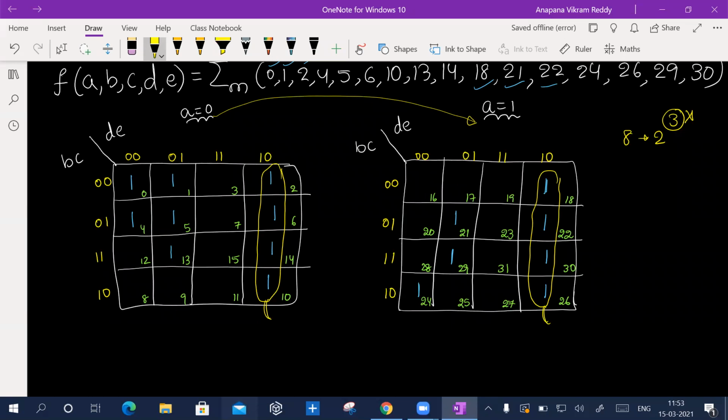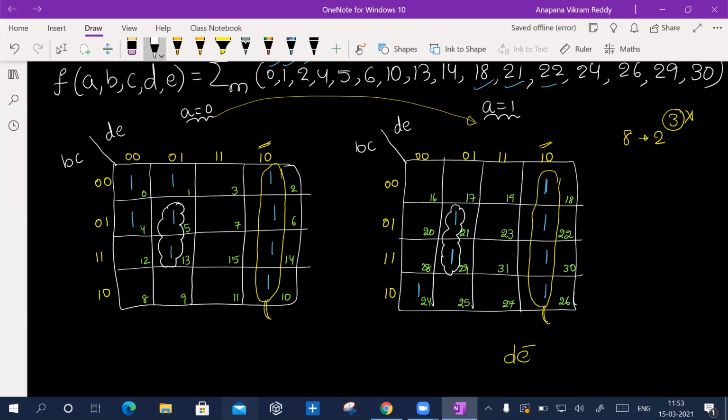A, B, C, sir. So what is the answer in this case? DE complement. Very good. DE complement, because this fellow is common. DE complement is this. And that's it for this. And what about the next one? What can I do? Anything else? I require 5, 13, 21, 29. Very good. So you are on track. 5, 13, 21, and 29.